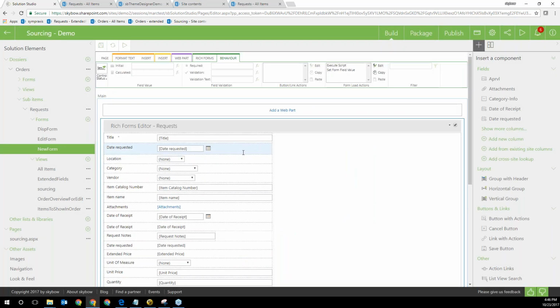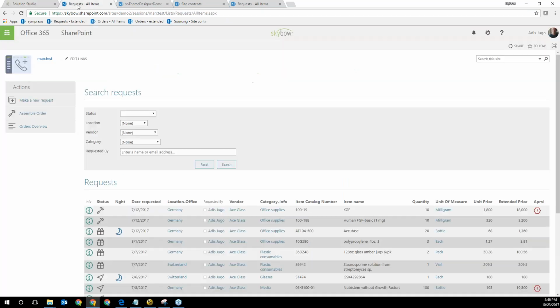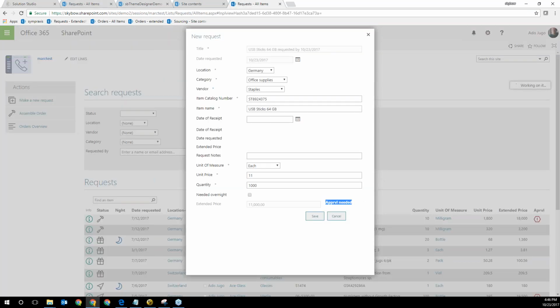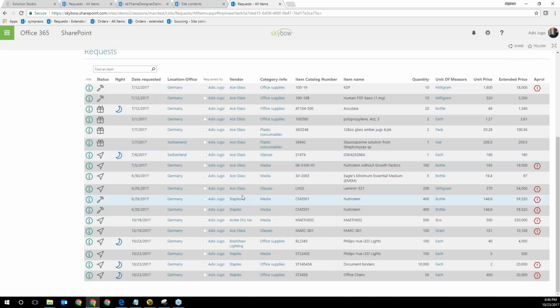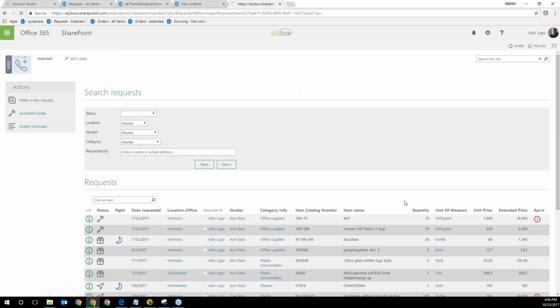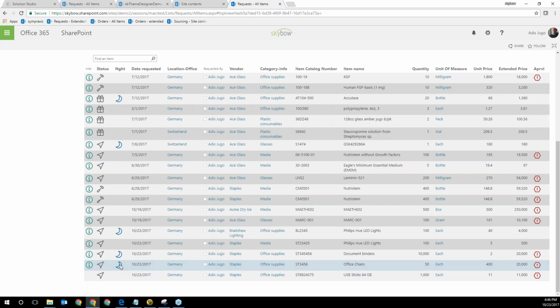I'm not going to stay on this form for too long. You obviously see that this works as it should work. I'm just going to save our new USB sticks, and here after we have added the new, so it's here. Obviously, I did not order it overnight. You have 11,000 here. You will notice that there is no info panel on the left side still.